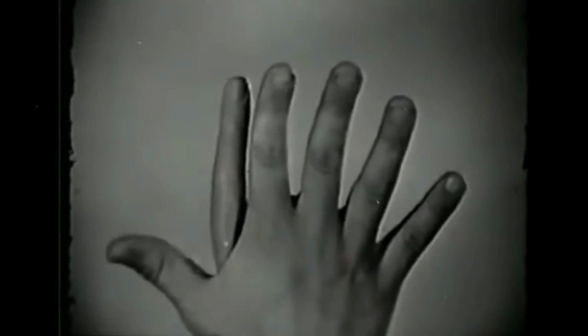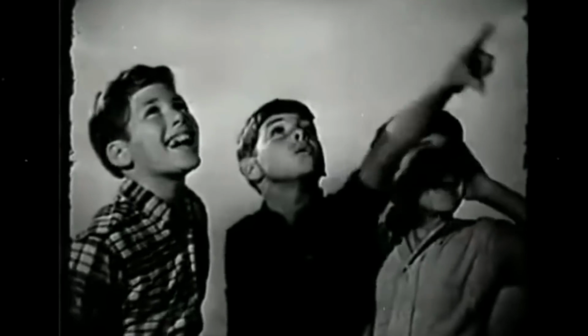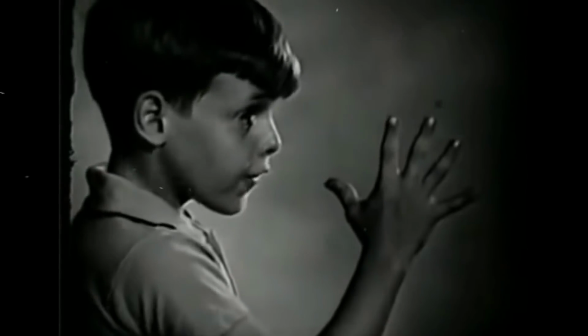A 2, a 3, 4, 5, a 6. Surprise! It's Six Finger! It looks like your finger, but watch 'em flip. It's a secret weapon at your fingertip. Just point and fire. Six Finger sends an SOS missile to your friends. Fires cap-loaded bombs and they explode, writes as a ballpoint pen and signals in code. Looks like a finger so no one can see who has Six Finger. Shoots rockets that burst and bombs that explode. Shoots message missiles and watch 'em go. And it looks like your finger, and how will they know? Here's how to get it on the card right there. Less than $2 everywhere. Six Finger, man alive. How did I ever get along with